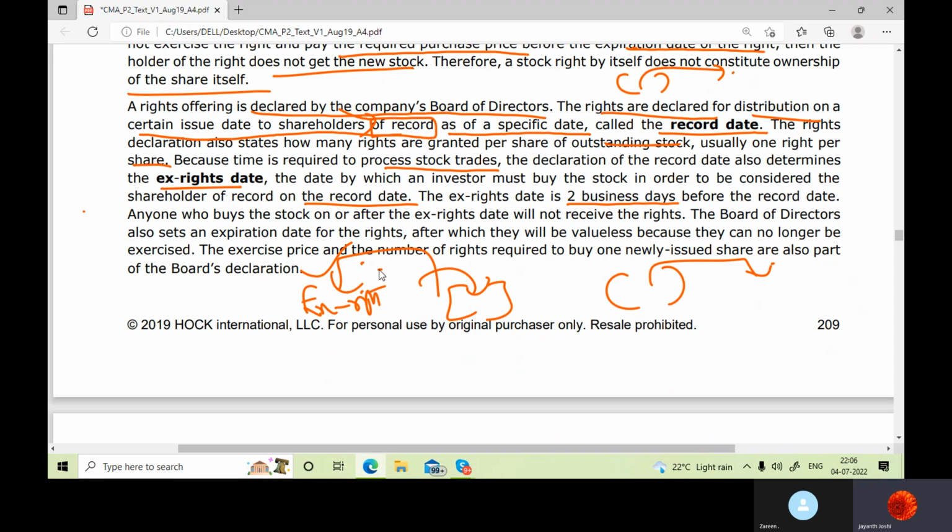Now, anyone who buys the stock on or after the X rights date will not receive the rights. Once the rights have been declared, you have to apply for those rights. Let me be very frank and clear. First, the rights would be declared. Once the rights have been declared, you have to apply for those rights. If you don't apply, then what would happen? You won't get the rights. So you apply here, then the time period becomes the X rights date. Then the record would be happening here, and the shareholders whose names are recorded with the company would be given the rights shares. Okay, now